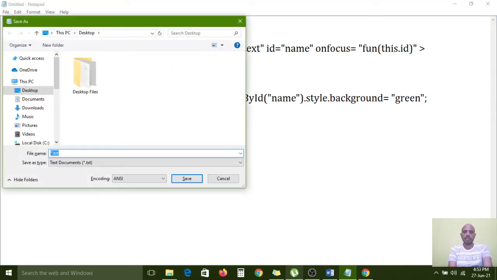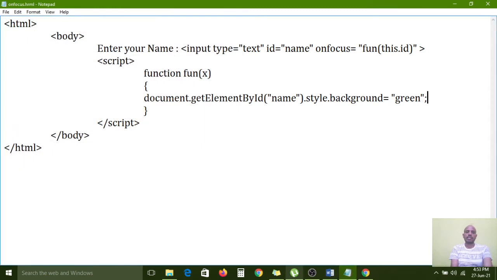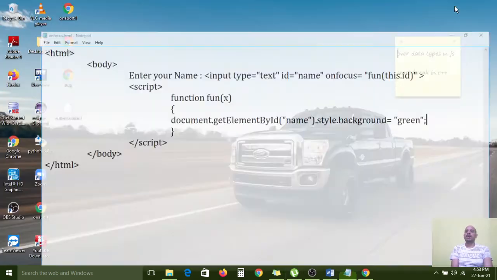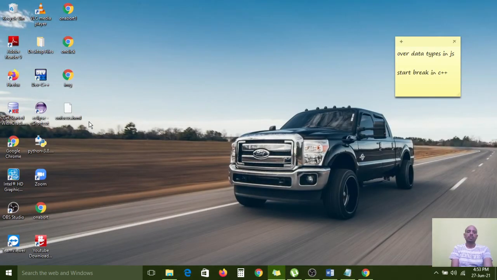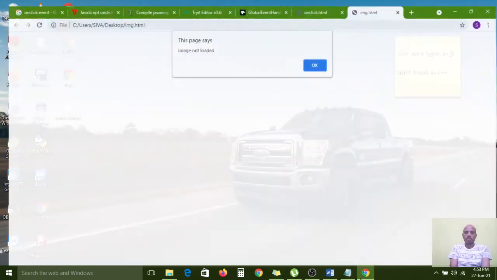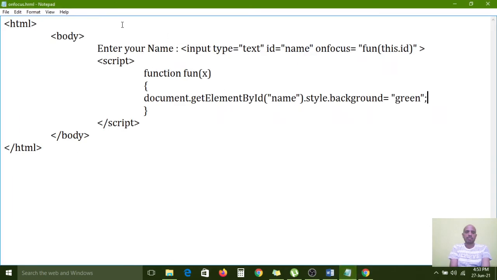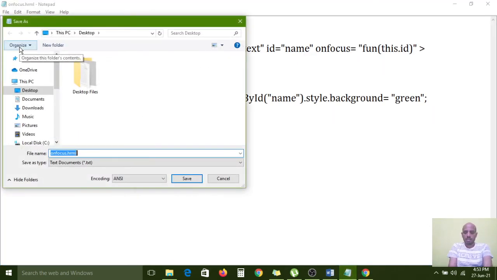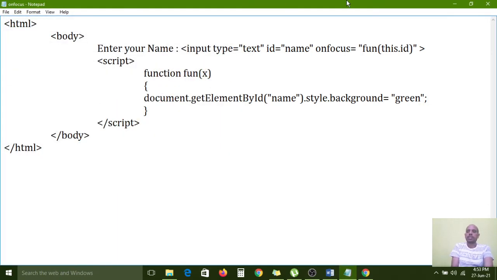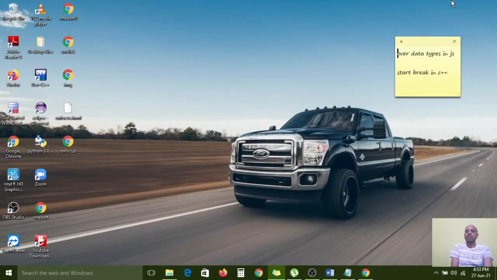This is what event? Onfocus. I saved it as onfocus.html event. Now I am minimizing this one. Sorry, I am saving this one again, wrongly saved. Onfocus.html, not hrml, right? Now I am minimizing all those windows.